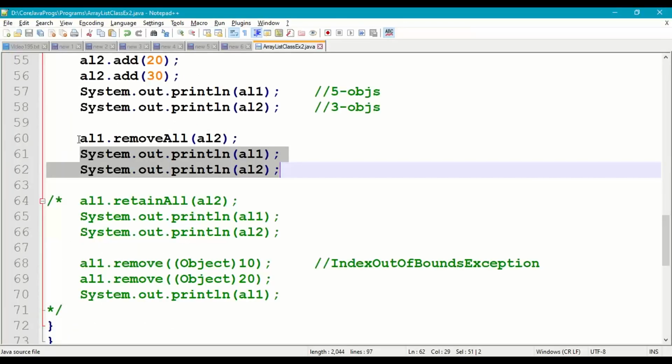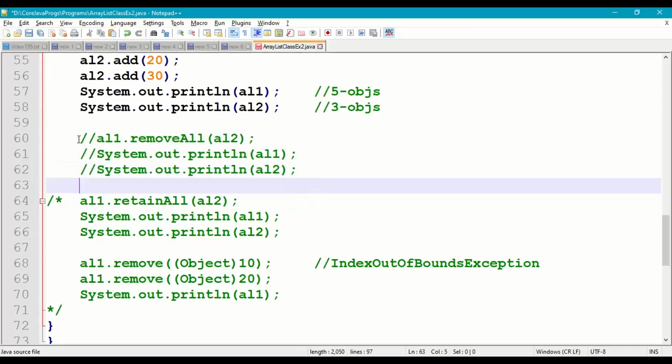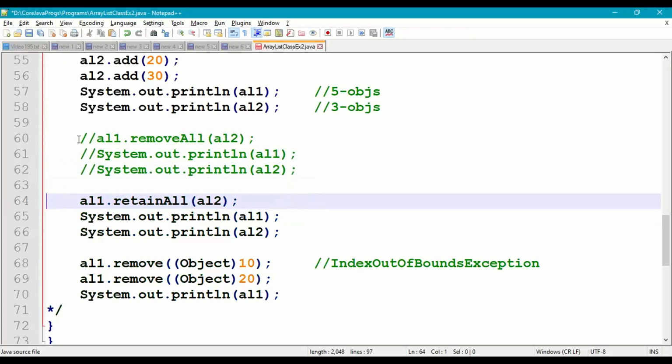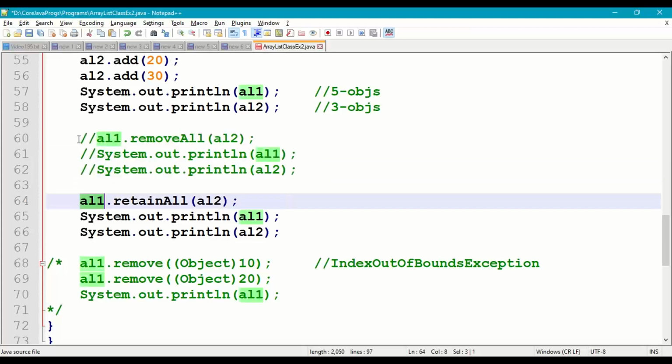Next we'll put a comment for the removeAll case, and then we will go for retainAll. Now in ArrayList 1 we have 5 elements because we have commented out removeAll. So ArrayList 1 dot retainAll ArrayList 2.